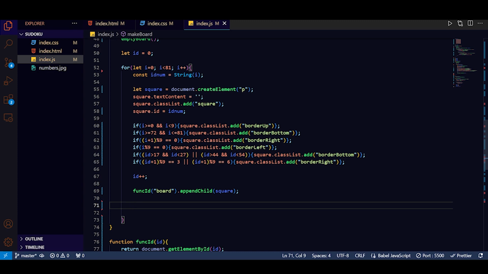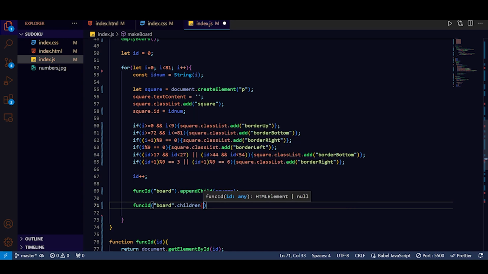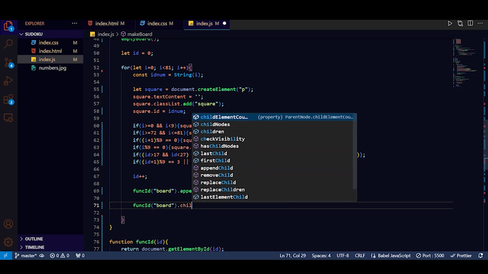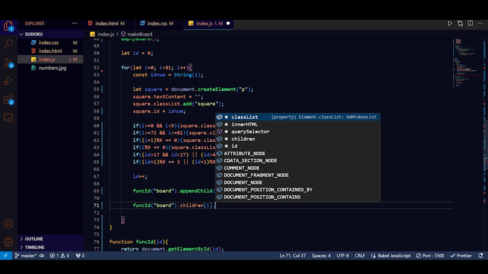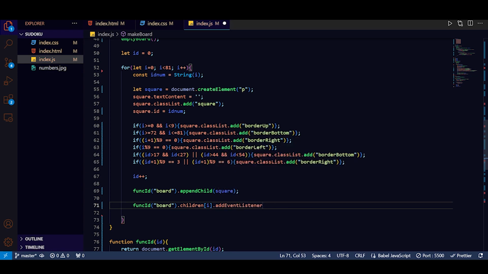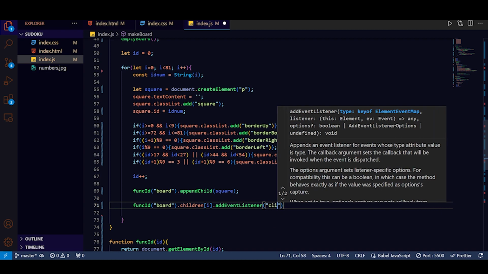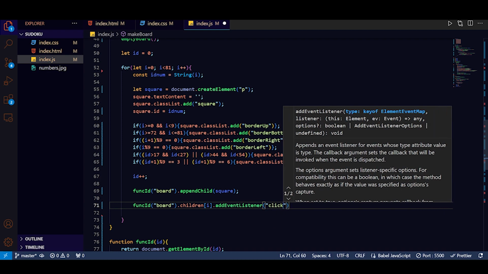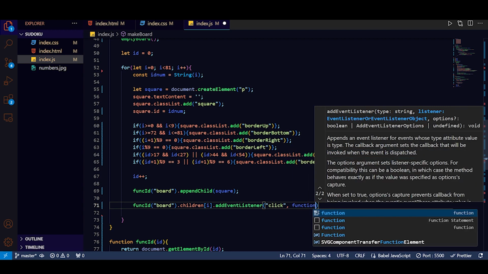Now what we'll do is func id of board dot children of I, this is not outside, dot children of I dot add event listener click, right? Because it has to know where we are clicking inside of the board. Dot click, and just do function